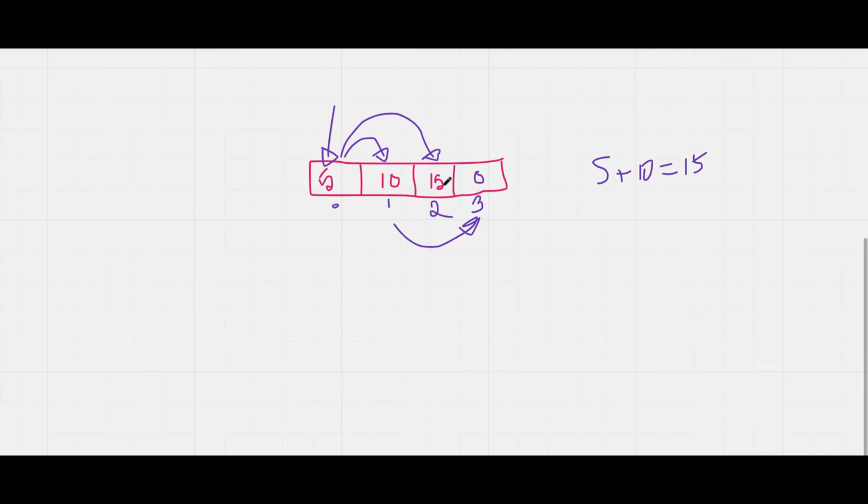By doing so, we can reach position 2. But we already know that what is the minimal cost to reach position 3 from position 2. So we don't have to calculate it. Basically, this is the advantage of the caching mechanism. We don't have to calculate the overlapping subproblems repeatedly. We basically have to calculate it once and store in the cache, and after that we will always use this